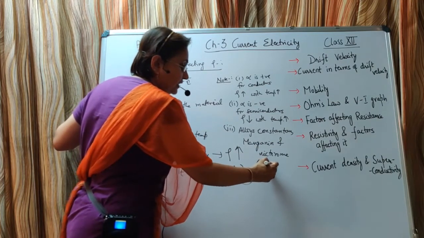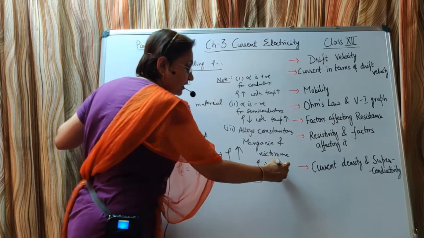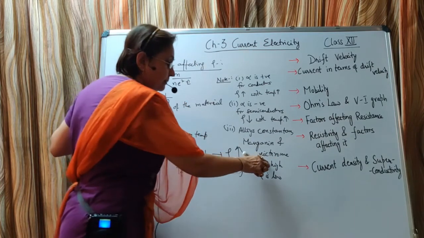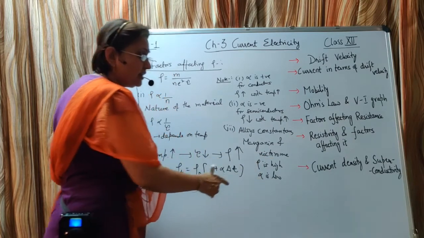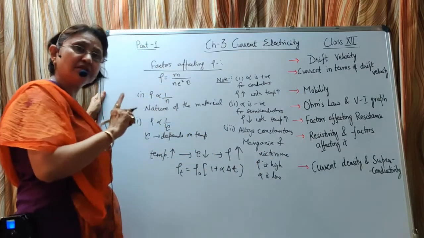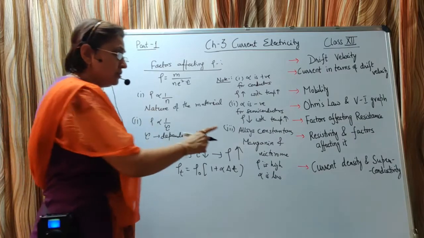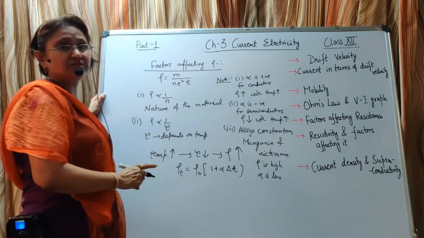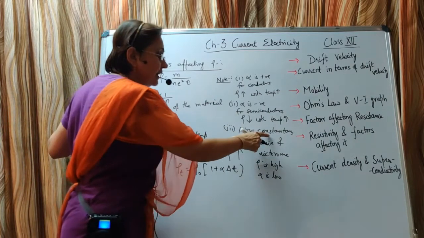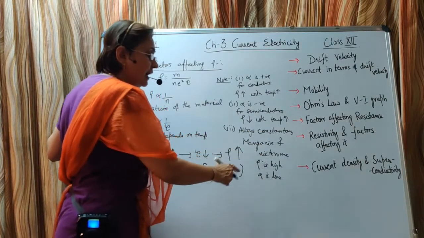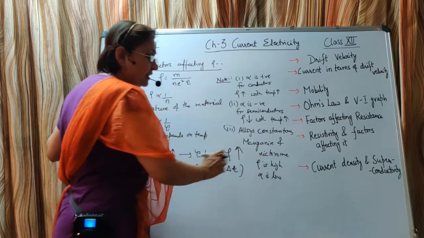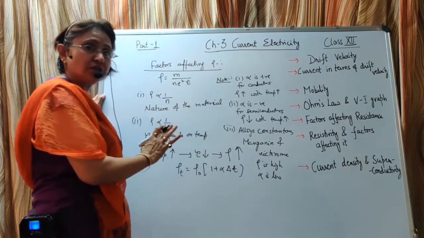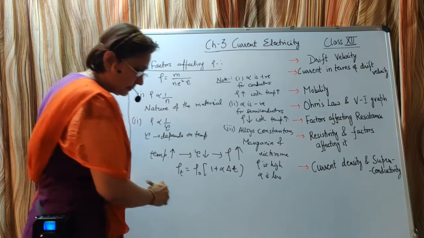Their resistivity is very high and the temperature coefficient is very low. Okay, the temperature coefficient of the resistance is very low. That is, with the rise in temperature, their resistance will not change much. So these resistances are used as the standard resistances. Which materials? The alloys like constantan, manganese and nichrome. Why? Because their resistivity is very high and the temperature coefficient is very low. So they are used as standard resistances.